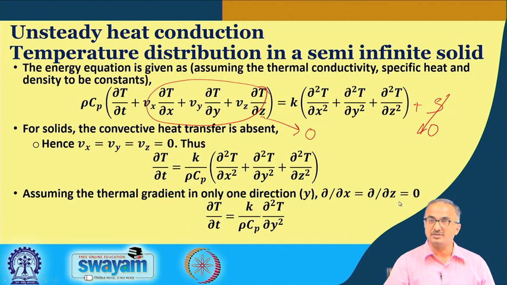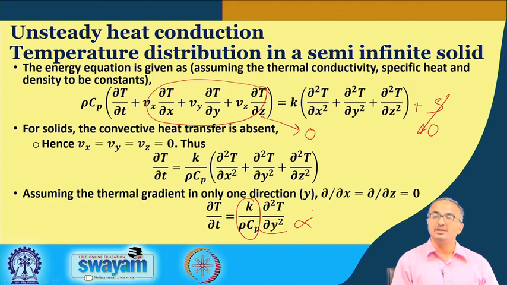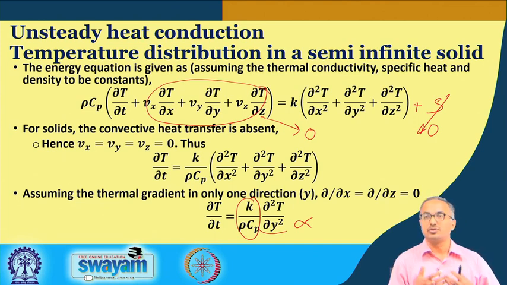So, with these assumptions we find that we have ∂T/∂t in terms of ∂²T/∂y². Now, if you look at this particular equation, you see that this is the thermal diffusivity, alpha. So, you see that the mathematical form of this equation is exactly the same as we derived earlier for the semi-infinite fluid with a surface which is being set to motion at time t equal to 0. Because the mathematical forms are the same, the solutions will also be the same.